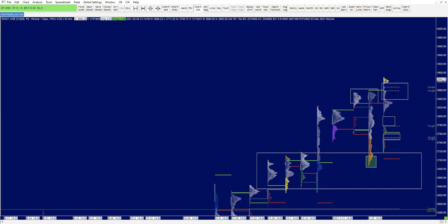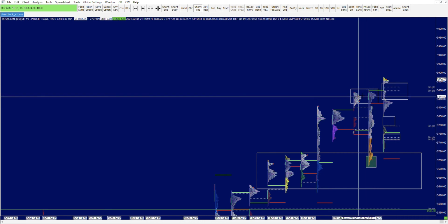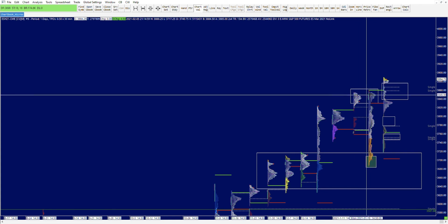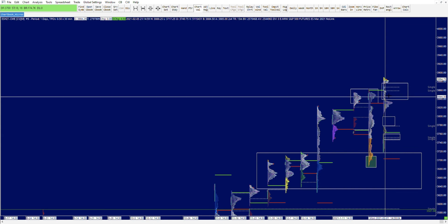The reason why I'm interested in that level is because we have the volume point of control for the week previous in here, 38.48, and then the volume point of control for the week previous to that again at 38.44. And I think they are 2 weeks in a row we had overlapping value, and both those prices are close together, which means that they are both very fair prices to do business at in the overall time and volume side of things. So I think that's a potentially interesting level in there that we would definitely carry forward into this